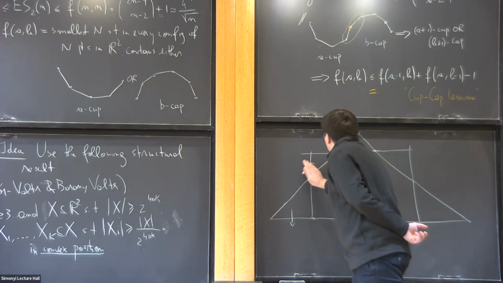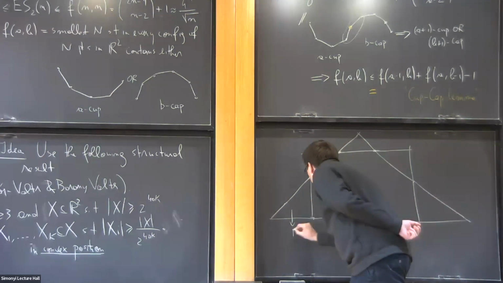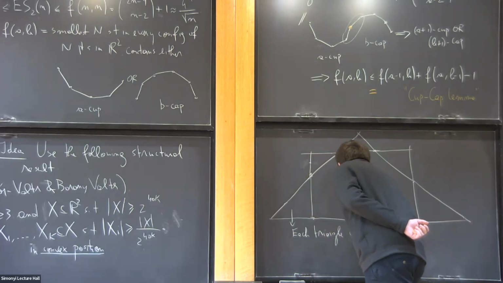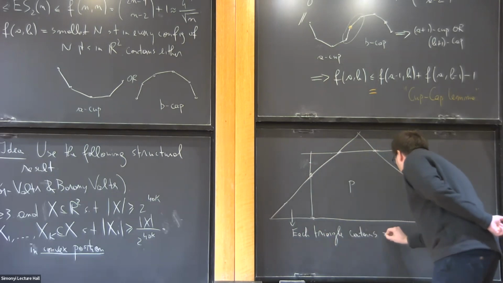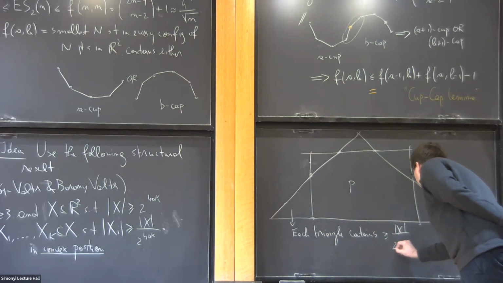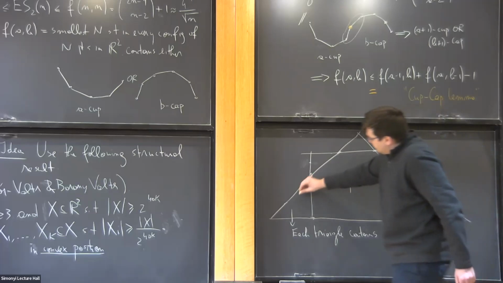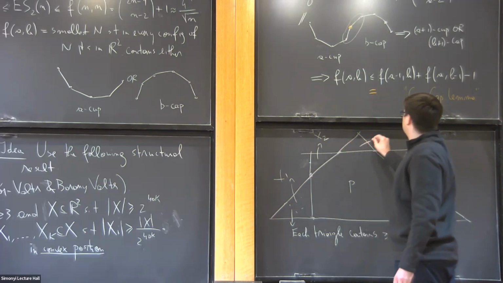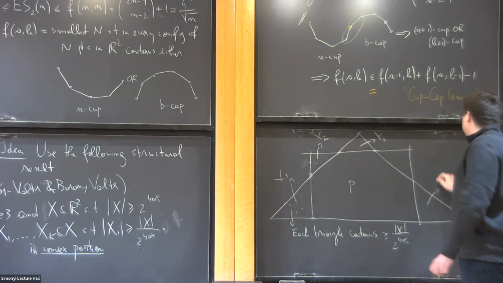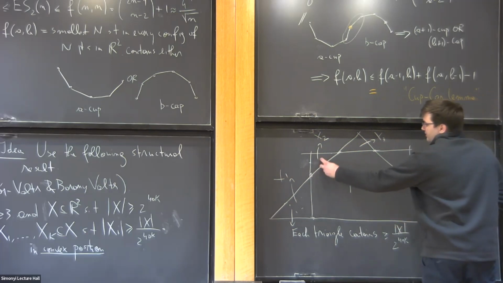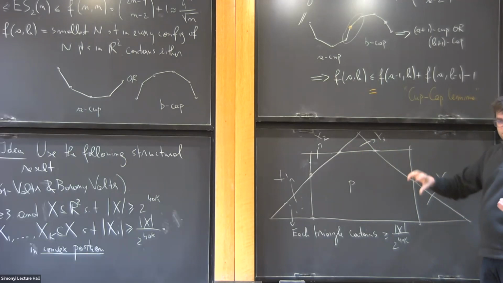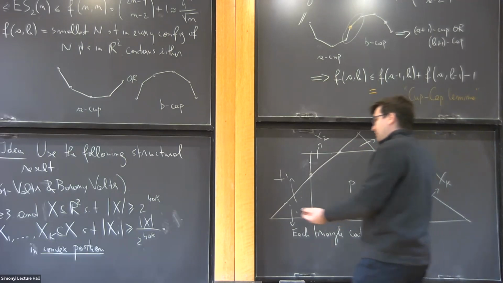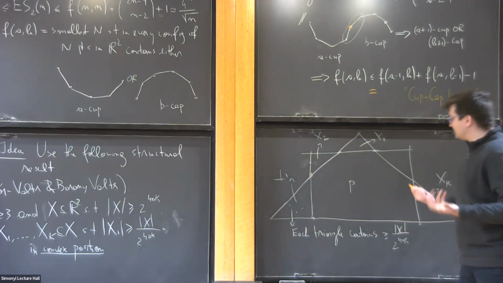So each such triangle has size at least X divided by 2 to the 40. Okay, so these will be the class 3. This is a picture. If you pick a point from each, it is also in convex position. So this is what the picture looks like, and with this thing in mind,